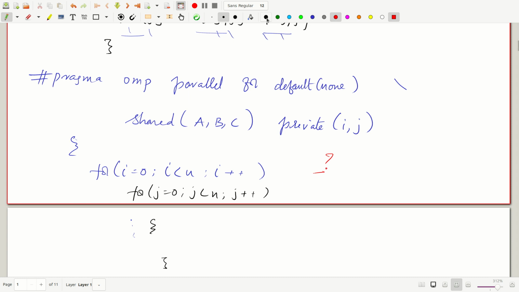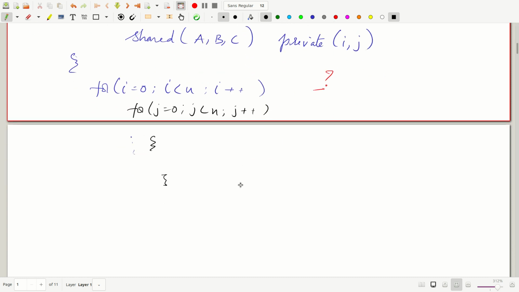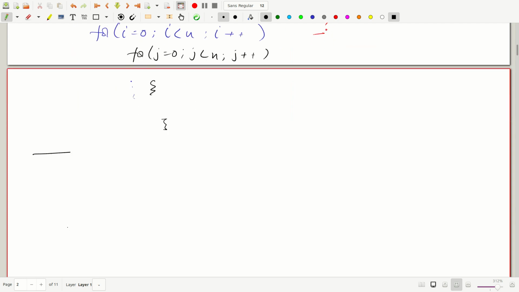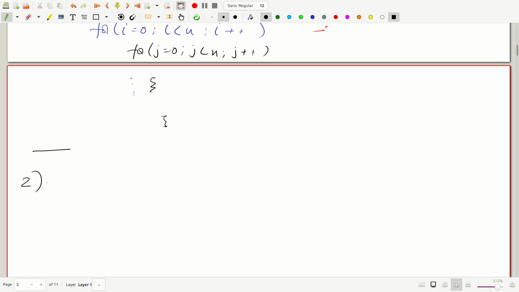If you want the other one also to be parallelized, then you have to have another parallel for, and then nested equal to true, and so on. Okay, so that is quite simple for the matrix addition. Now let us move on to matrix multiplication. Matrix multiplication is slightly more complicated. So matrix multiplication,